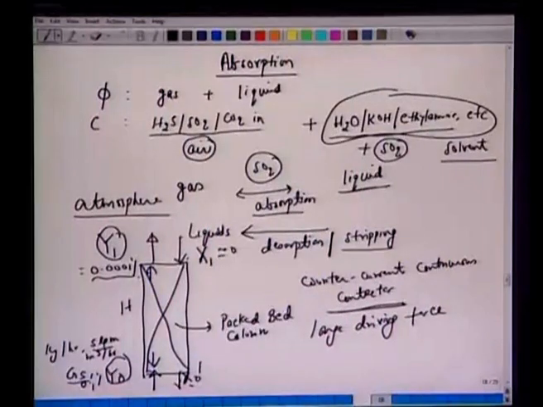Now, before we get into the detailed design or write down the operating balance, if you recall, we have to establish the equilibrium. We are talking of absorption from the gas phase, where a certain species is transferred into the liquid phase, like sulfur dioxide from air into water. So, there has to be an equilibrium curve. In other words, given pressure and temperature, water cannot take sulfur dioxide in excess of certain concentrations. Water cannot take ammonia in excess of certain concentrations. Ethylamine cannot take H2S in excess of certain concentration. It is decided by thermodynamics, equilibrium. These are all equilibrium curves.